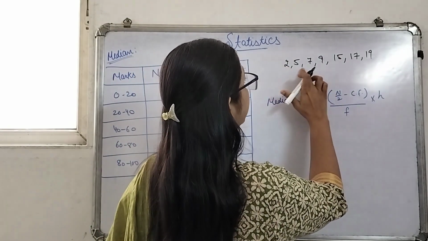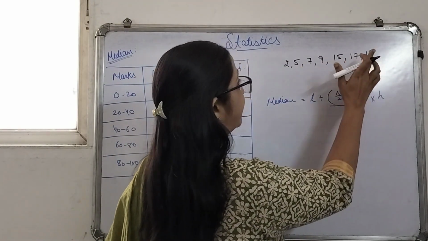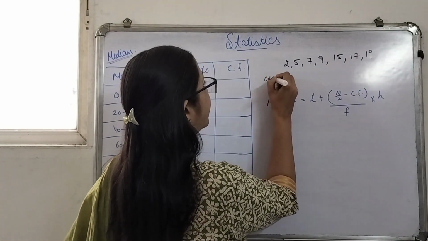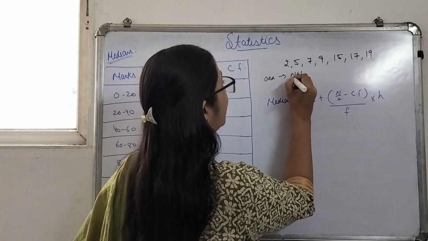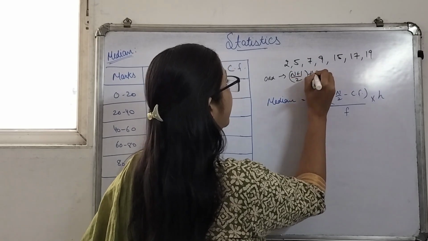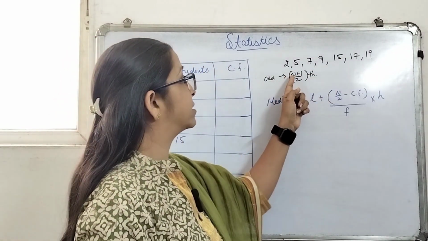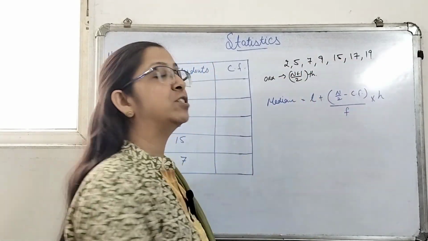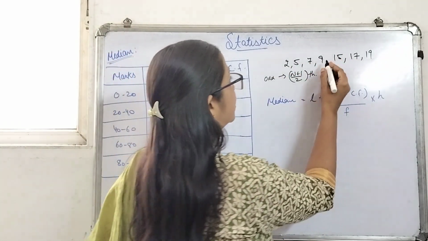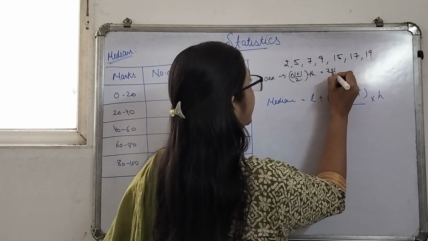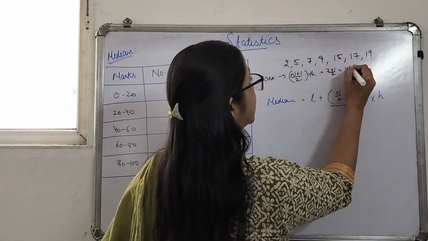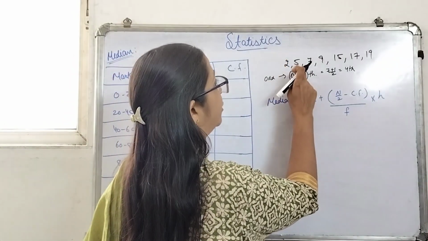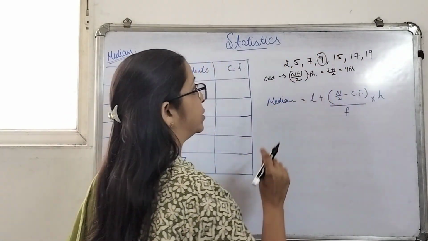Over here we can see that there are 1, 2, 3, 4, 5, 6, 7 observations. So whensoever the number of observations is odd, in that case the (n plus 1) upon 2th observation is the median, where n is the number of observations. Over here there are 7 observations, that means the value of n is 7. So 7 plus 1 by 2th, that is 8 by 2, or we can say the 4th observation will be the median. So 1, 2, 3, 4, this is the observation which will be